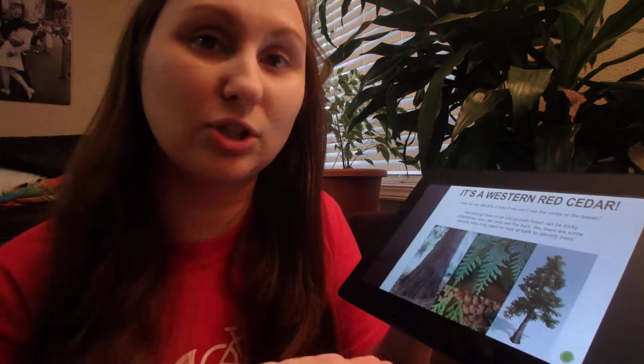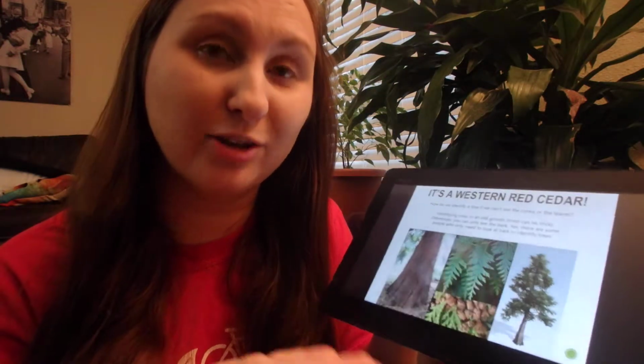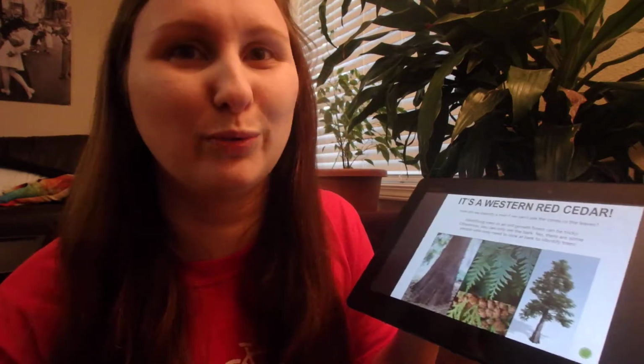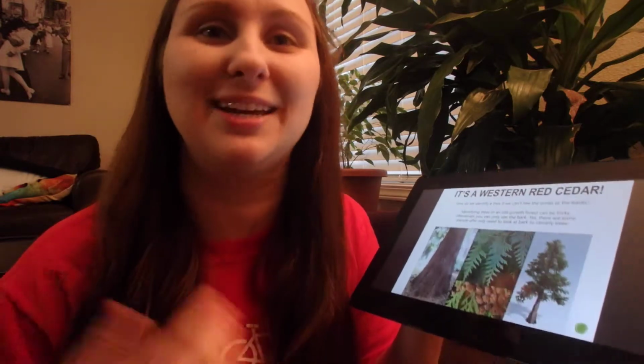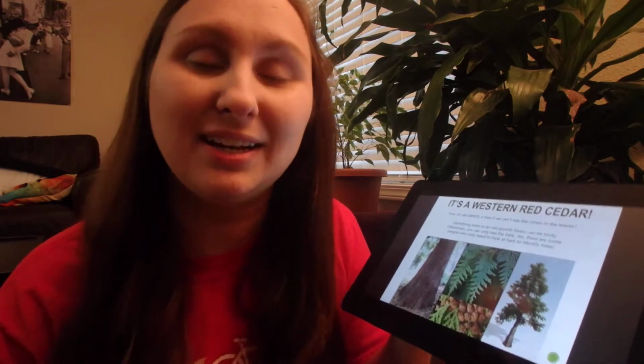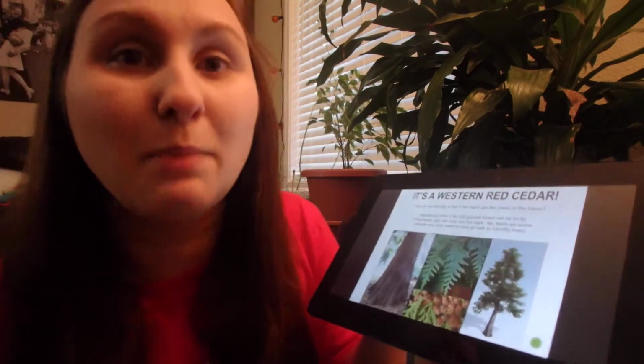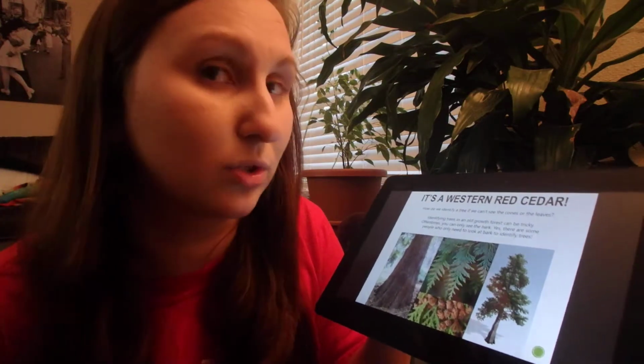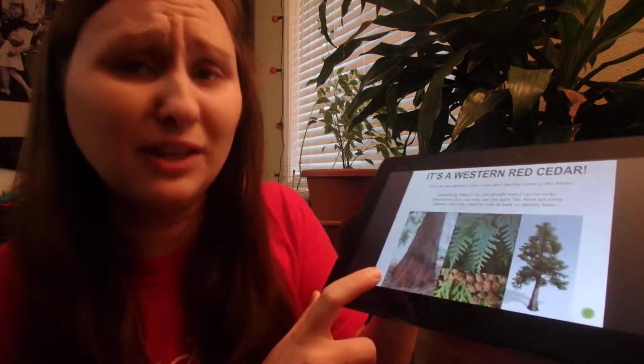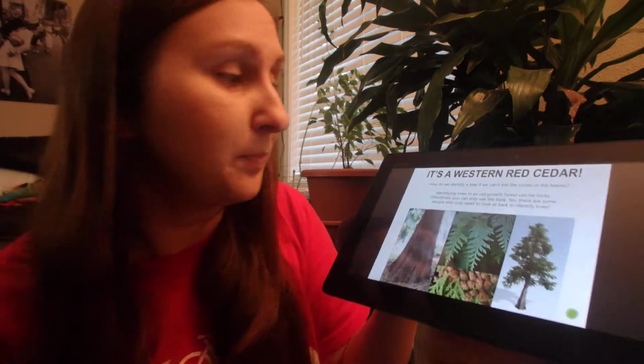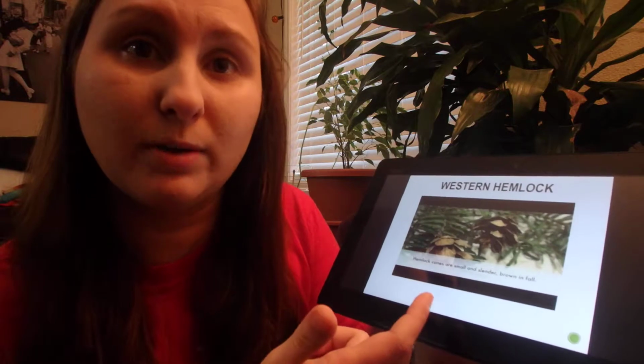So this is just one way to identify a tree, but likely the students at this point would say, well, wait a second, we're in an old growth forest and we can't see all of these things. We can't see the leaves, we can't see the cones. Now there will be some species that are smaller because it's not all an even age stand, but many of the trees would be old growth or second growth, and they likely would only be able to see the bark. So we go through another option, and this is a western hemlock, and it's a video,